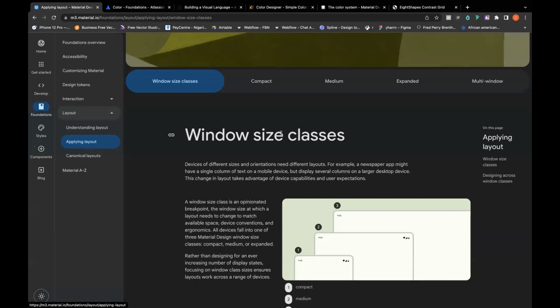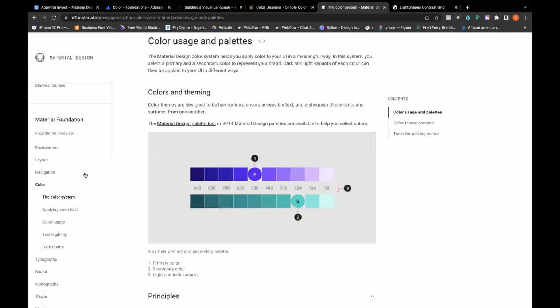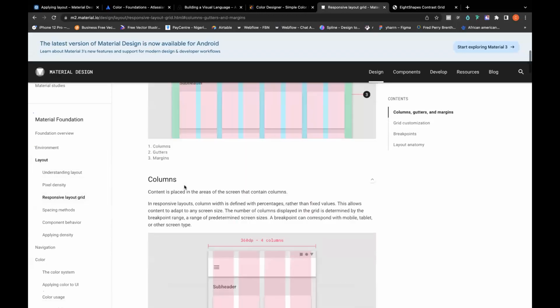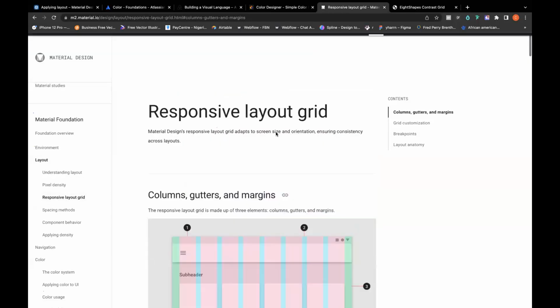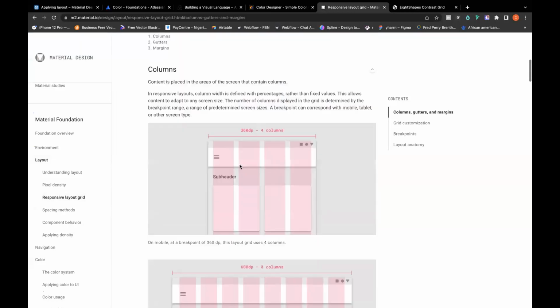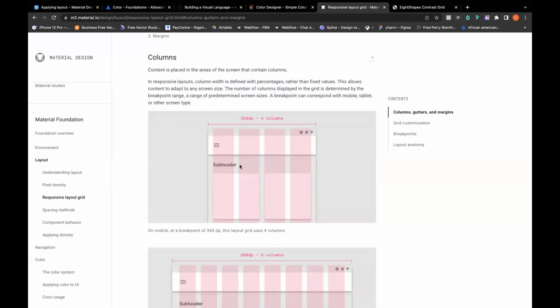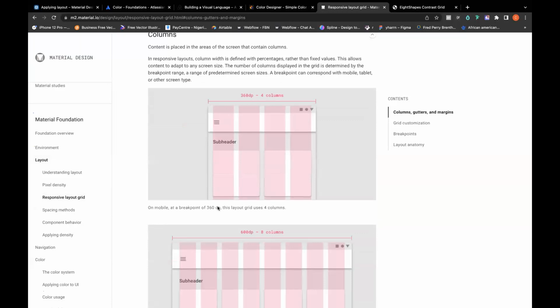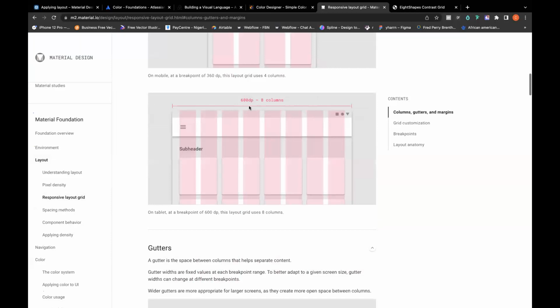They have the different grid systems that they use. I think this is the latest one. Let me see if I can get it. Yes. Okay, for example, here we have columns. We have their responsive layout grid. So this here is a description of how Material Design arranges or lays out elements on their frame. For situations where they need to use a 4-column layout, they've specified it here. For 8-column layouts, they have it also